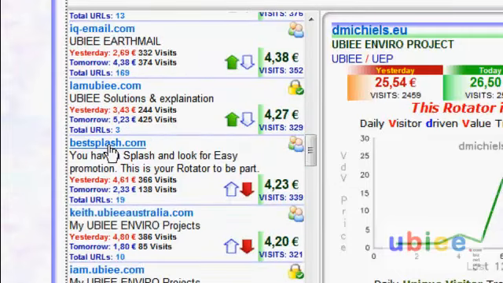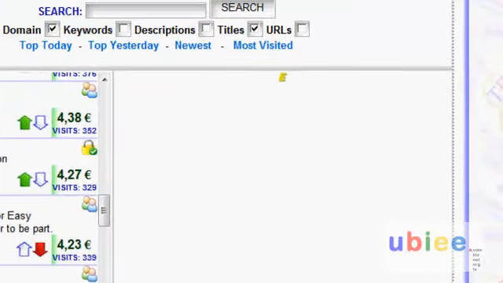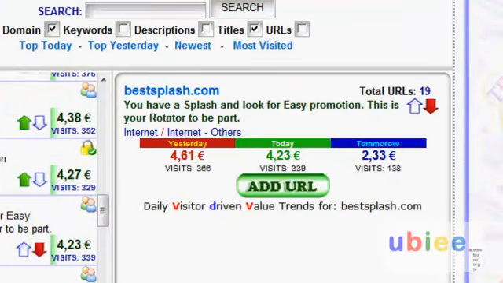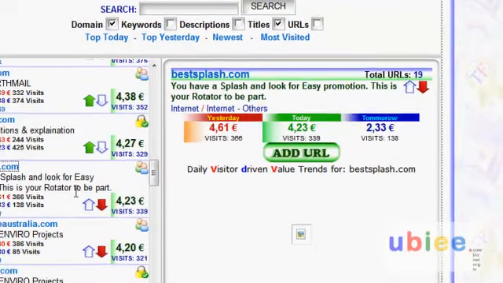Let's see what Best Splash has. 366 visits to the URLs yesterday. So let's see what it comes up with, and give us a little overview of how the performance is, because it just shows it's going down. Now let's see if we can add our website to it,